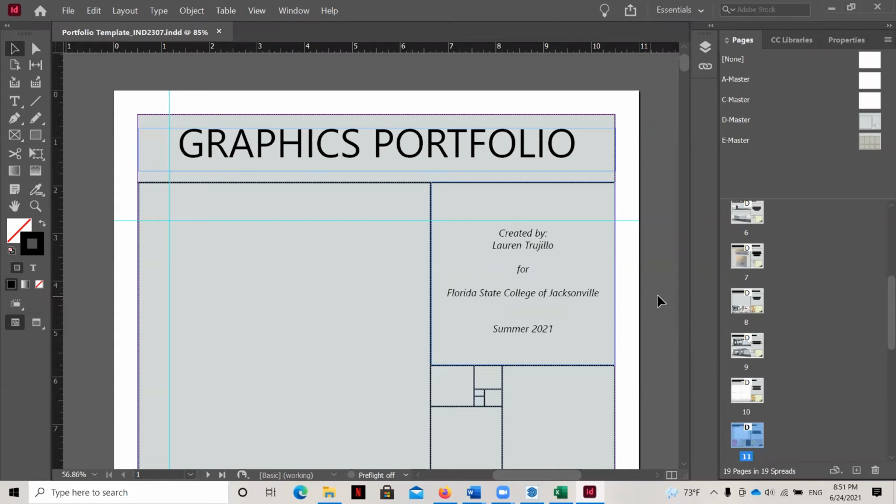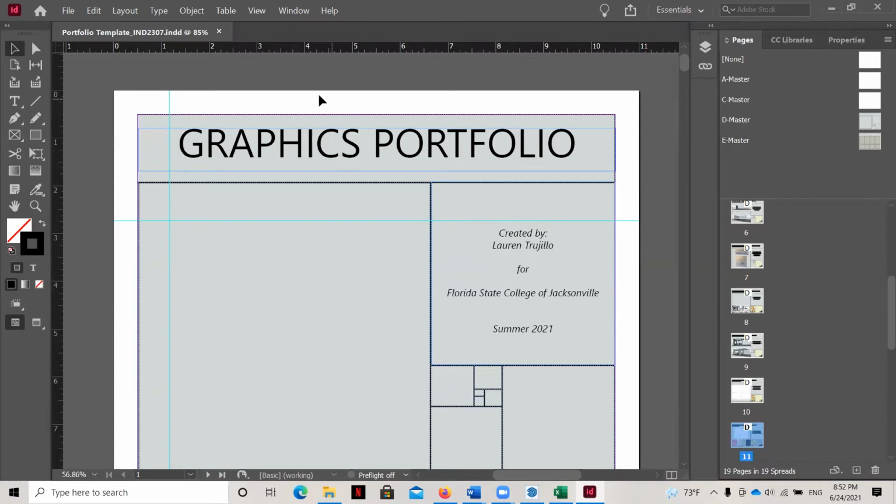In this video, I'm going to teach you how to save and transmit and share your portfolio. So I'm going to start by showing you how to save and package your portfolio and export it into a PDF. Then we're going to look at how to condense the PDF and then print the PDF of your portfolio.